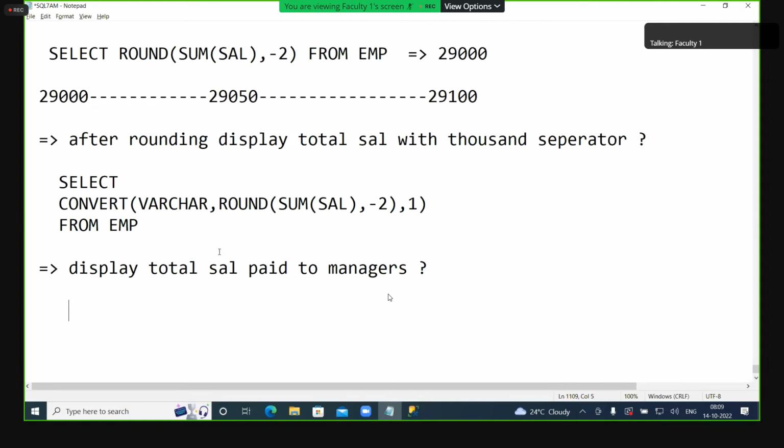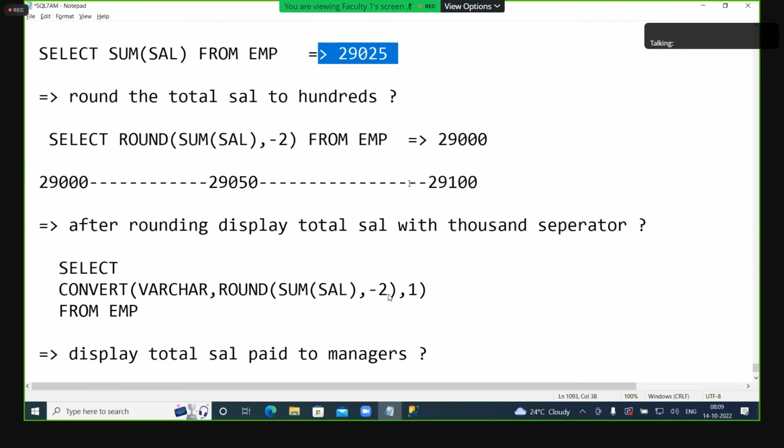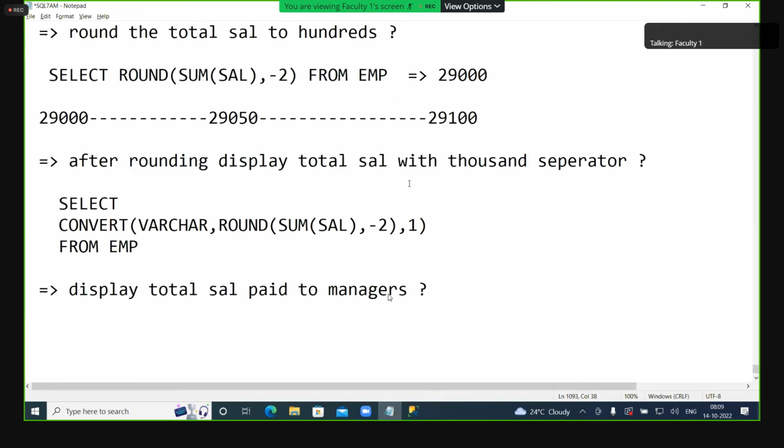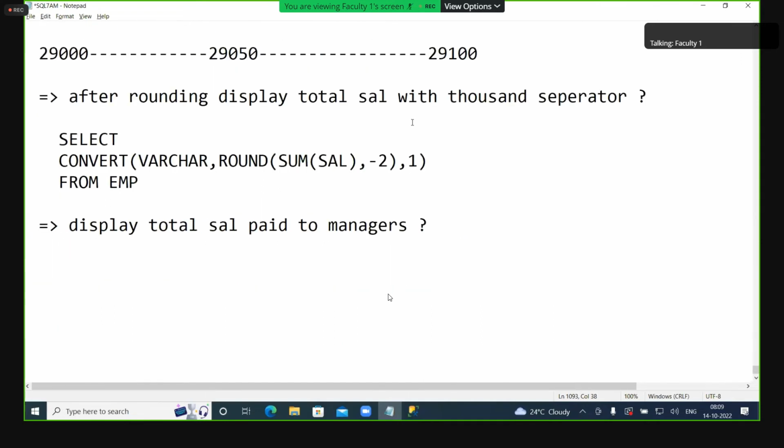But previously, 29,025 is the total salary paid to all the employees. But the user is asking for the total salary paid to managers. Then